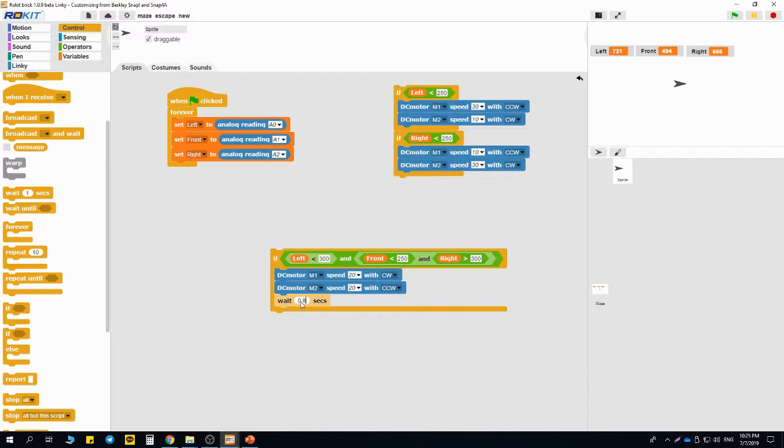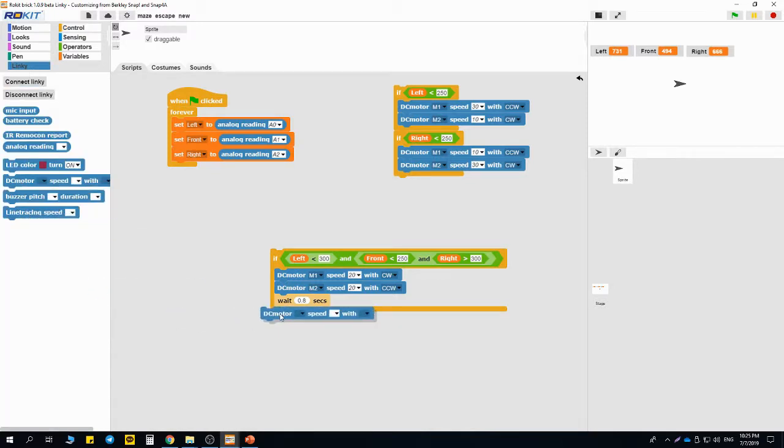After 0.8 seconds, we need to rotate our car. Again, we need to write our DC motors. We need to set our DC motors to rotate our car, M1 M2,